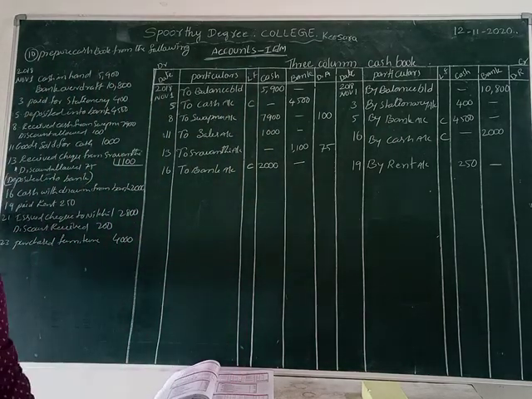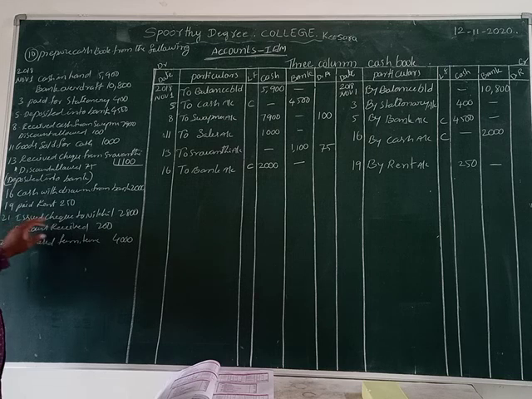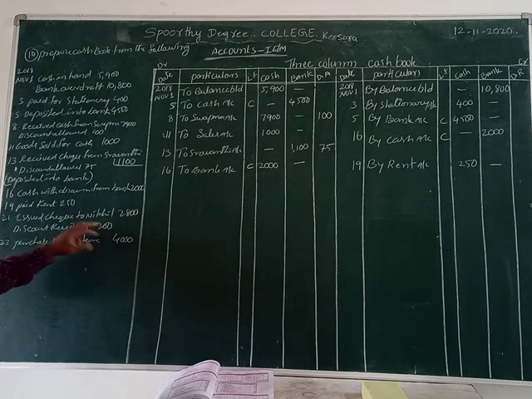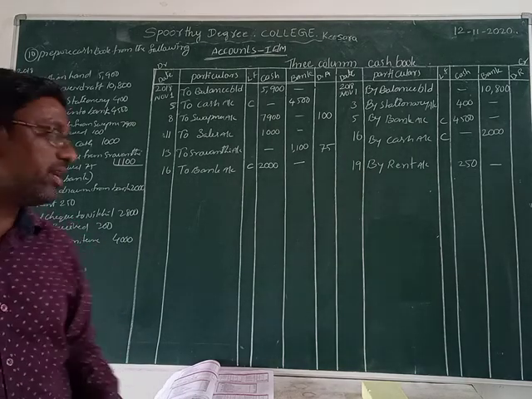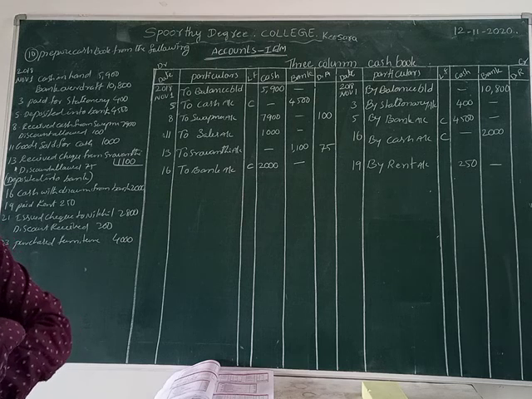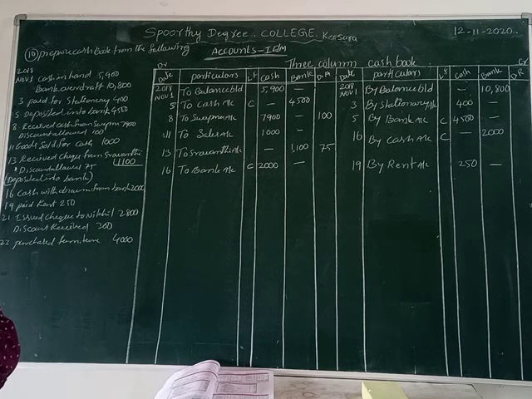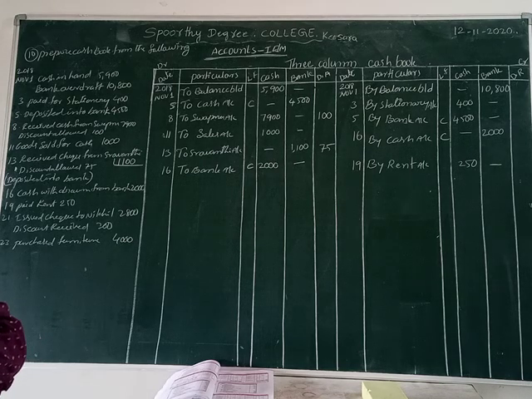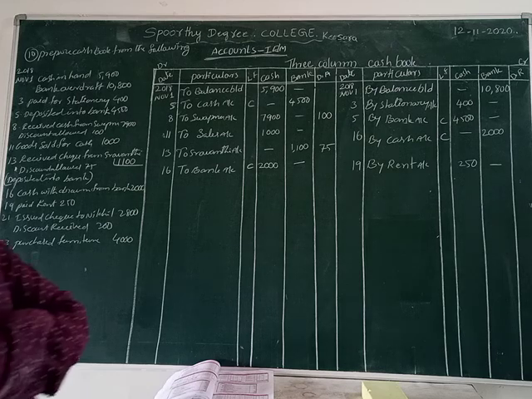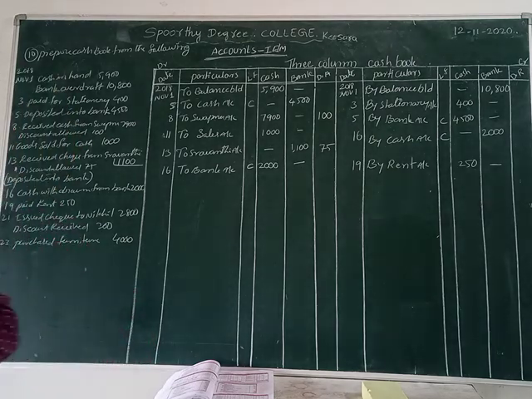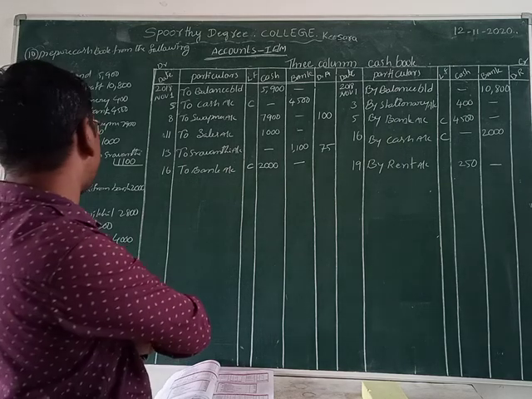Okay, next one. 21st date. Issued check to Nikhil 2,800. Discount received 200 rupees. We issued a check, so the bank is the giver. This time what goes out? The check goes out of the business. Bank is the giver, that's why bank is in credit. So we record it on which side, students? Credit side.